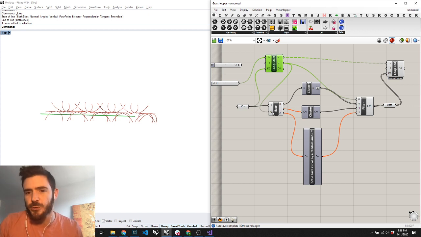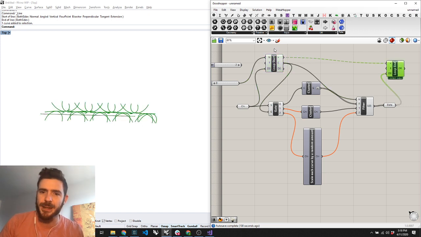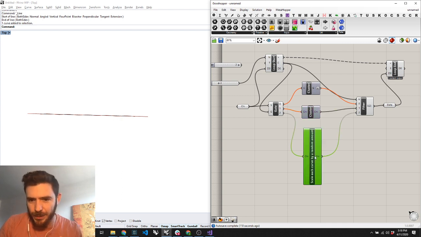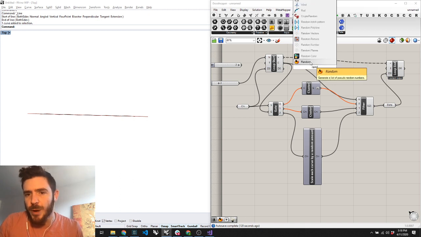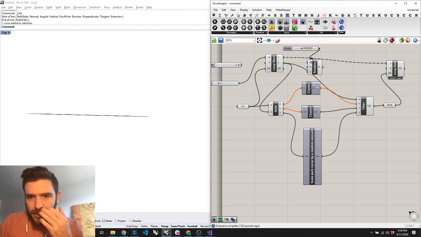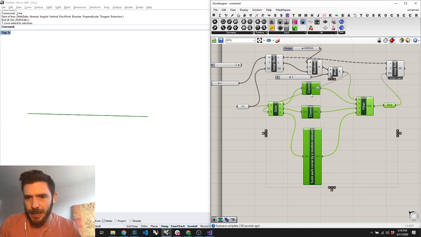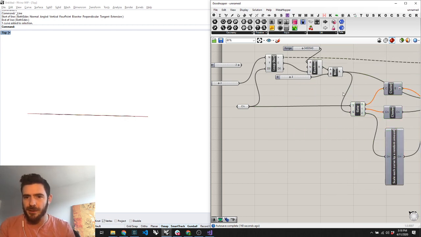So this count is now driving which one we pick. It's going to pass that through, then loop back around, and where count is 1, it's going to pick this one and process it through. And when count is 2, it's going to process it through this one. What you'd really want to do is generate a new random number as your seed, then do mod however many components you have, which in this case is 3, and use that as the gate and as this gate, so that you can loop through